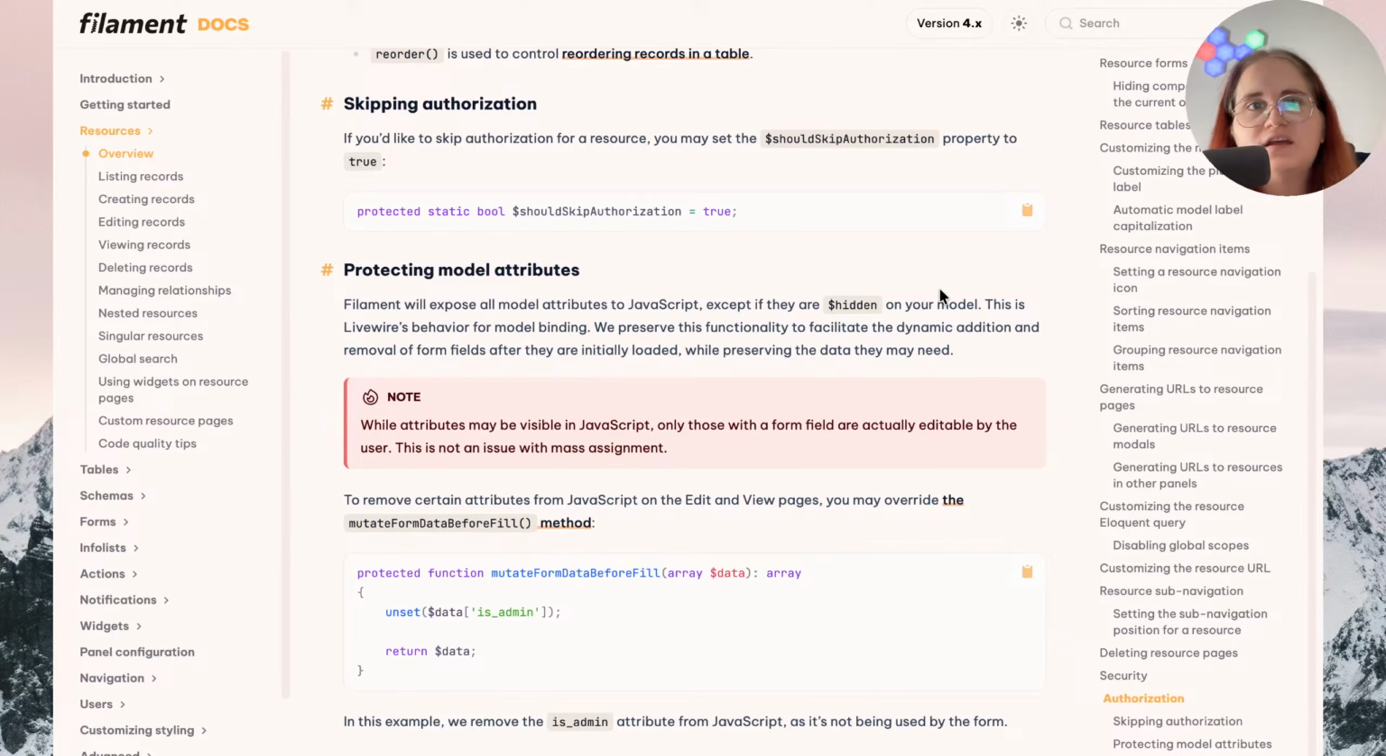Skipping authorization. If you would like to skip authorization for a resource, you may set the shouldSkipAuthorization property to true. protected static bool $shouldSkipAuthorization = true;